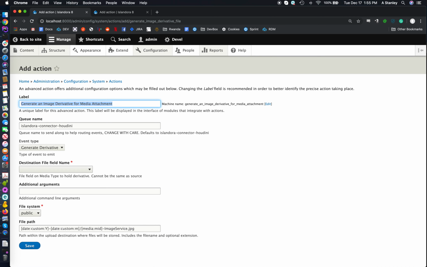Create. We're going to call this label Image Attachment Demo. And you can see that most of the choices have been made for us here already. So we already have the queue name. This is the queue that we fire off to the microservice. It is an event type of generate derivative, and all we have to do now is give it a destination